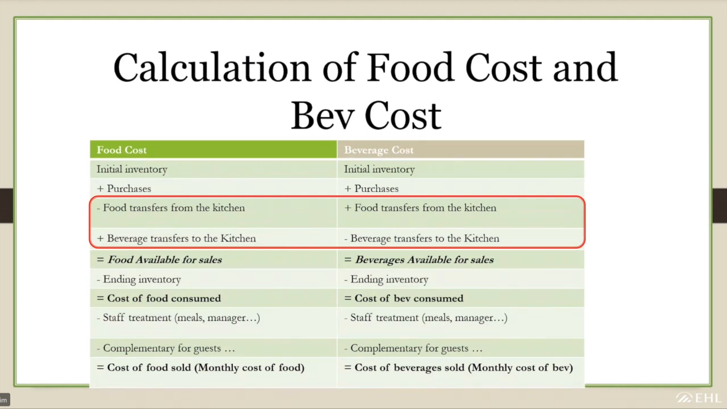So, food costs, which are the transfers. Here what we can see is that you transfer food from the kitchen, and then you add that food transferred from the kitchen to the beverage cost, which is,